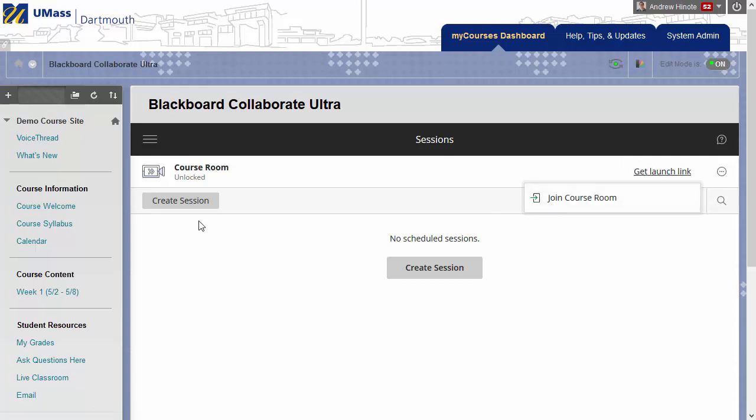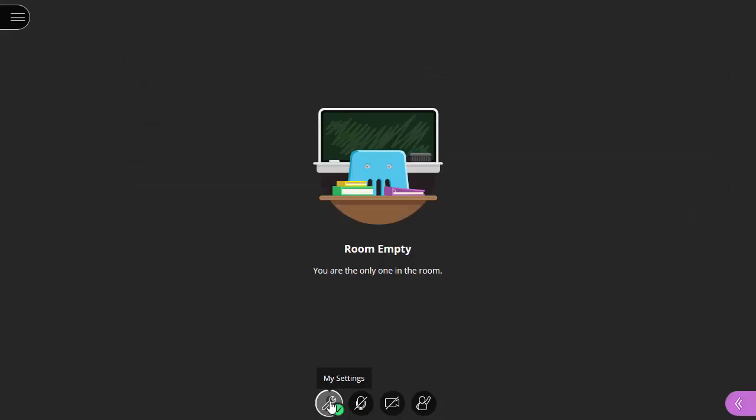An instructor may have set up additional rooms for students to use in the lower space of the page, so if you are assigned to one of those specific rooms, you can click Join Course Room next to one of those rooms instead. Once Collaborate opens, the first thing most people will want to do is set up their microphone